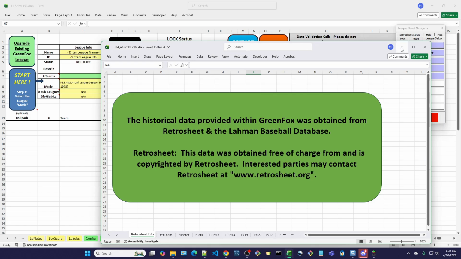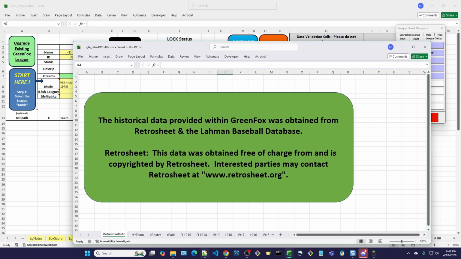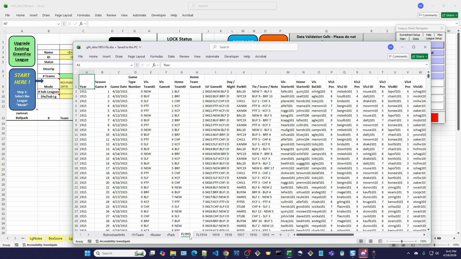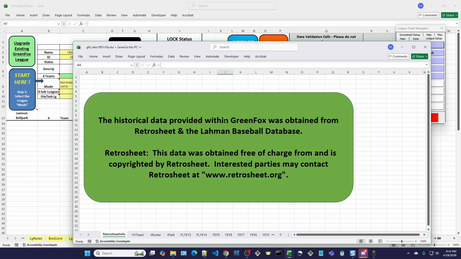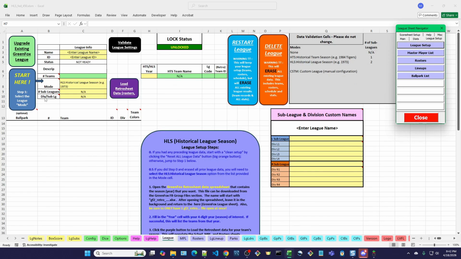So I have this open. I'm going to put it in the background so that it'll work. And you can see down here at the bottom of this sheet, it has these two tabs, FL 1915 and FL 1914. Those two tabs contain the Federal League data. So it works just like the other historical leagues. So when I say I want a historical league season, and it prompts me for what year, if I say 1915,